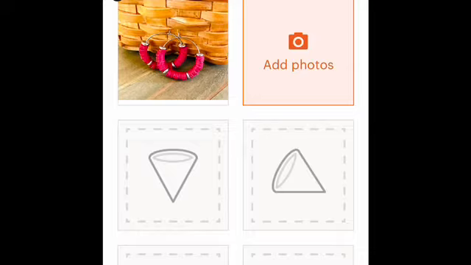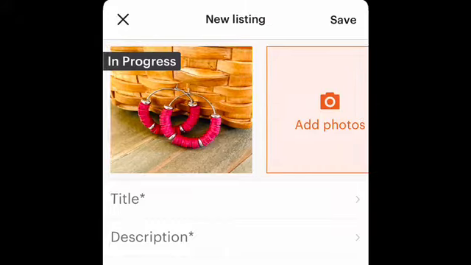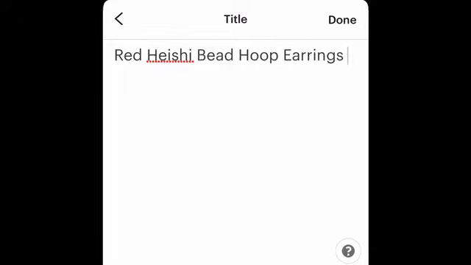Okay. And I would go ahead, this is just a theoretical one, but I would go ahead and add my other photos there. They say to add as many photos as you can. You know, they provide a slot for 10. And now I'm at my title. And so what I'm going to do is just kind of go through the process of typing the title. I put red Heishi bead hoop earrings. It's a long key title word or like phrase. And it also just tells exactly what the item is. And then I will put,